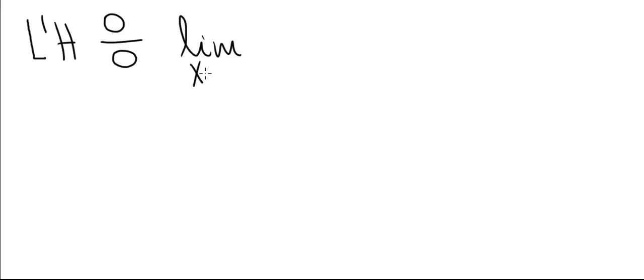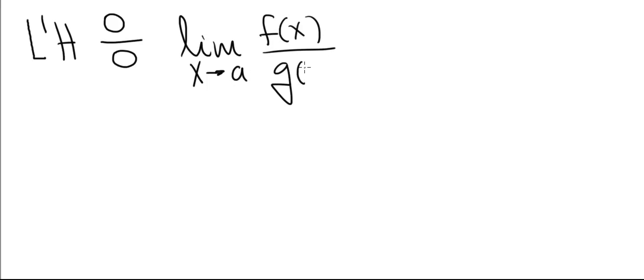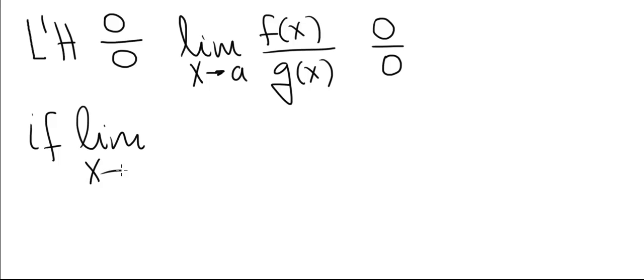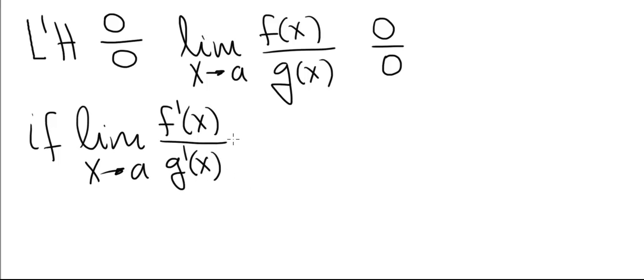Let's review L'Hopital's rule applied to the indeterminate form 0 over 0. If we're evaluating the limit as x approaches a of f of x over g of x, and both f and g approach 0 as x approaches a, we end up with the indeterminate form 0 over 0. So if the limit as x approaches a of f prime of x over g prime of x, notice that this is not the quotient rule of differentiation, it's just the derivative of the numerator function f over the derivative of the denominator function g,